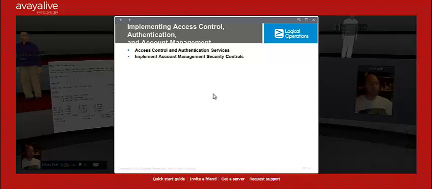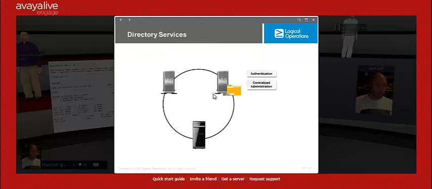Implementing access control, authentication, and account management, Module 5. First up, let's talk about some of the issues that we're going to see, such as access control and authentication